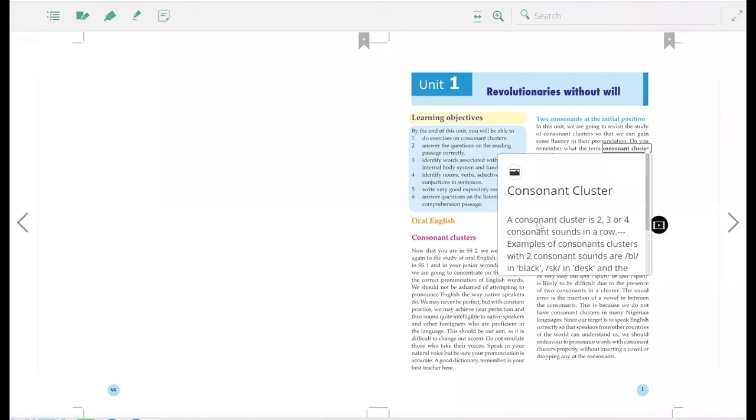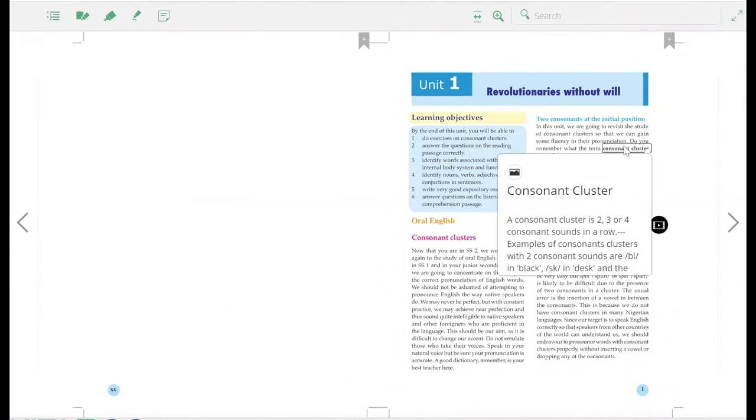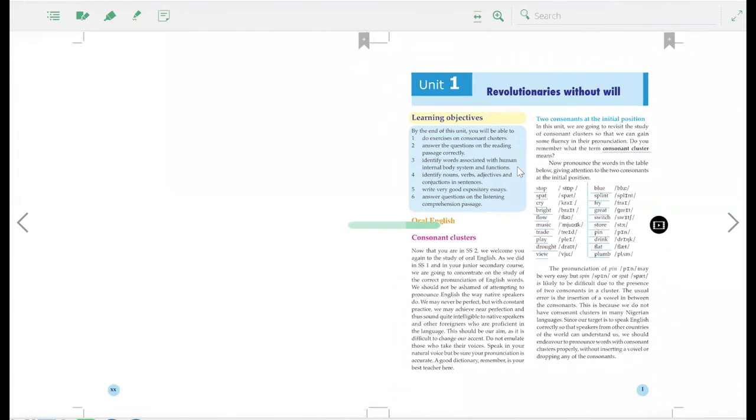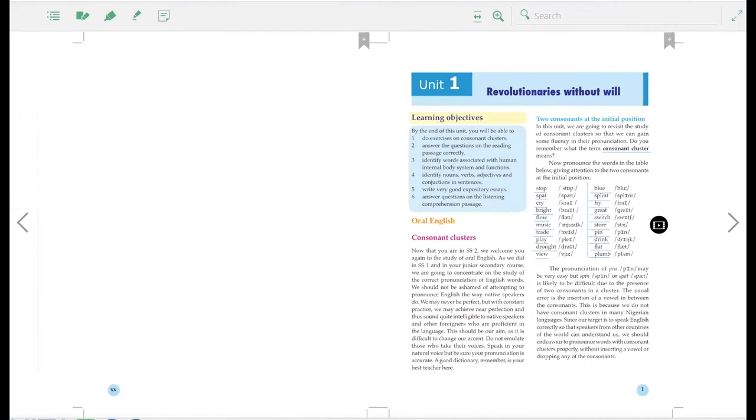And what we can do is, as you can see here, you have the definition for a consonant cluster. And we can click an image, which has a chart that helps students look at some of the most common consonant clusters. Now, as I had mentioned in the previous book, here we have Yoruba as our translation,